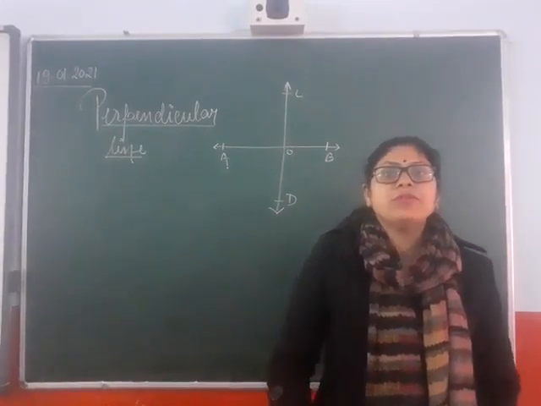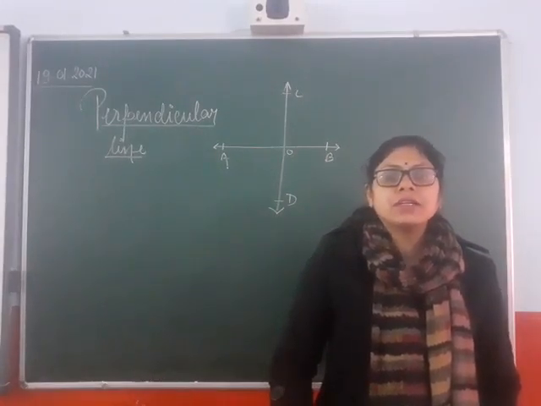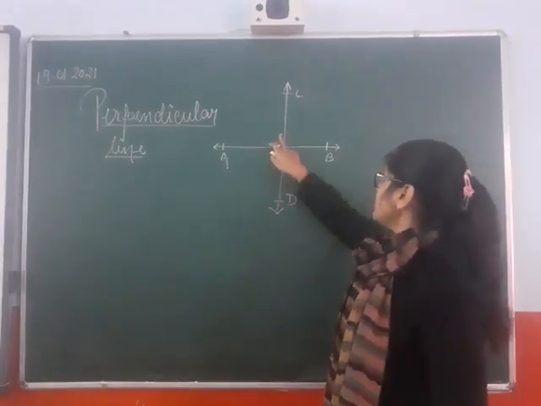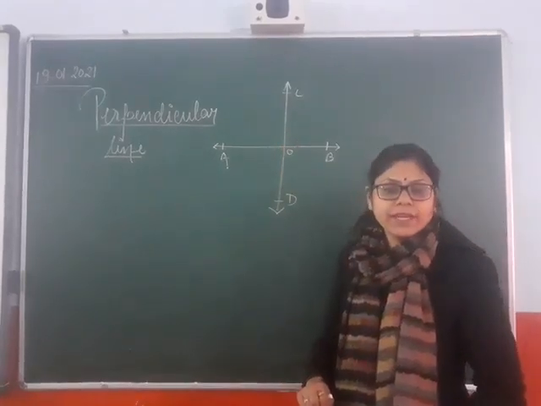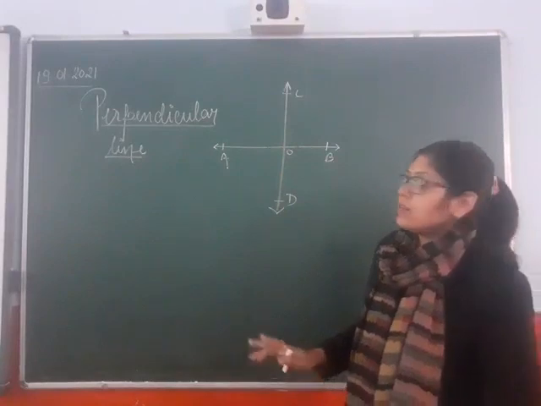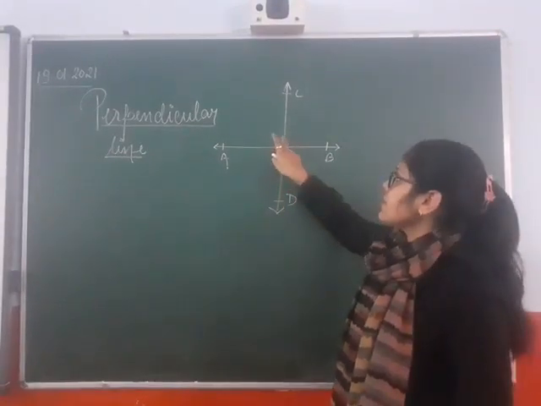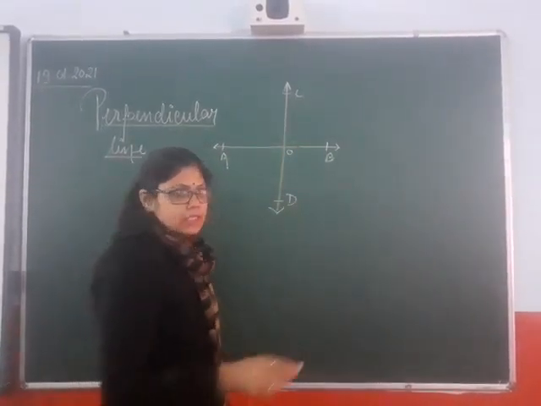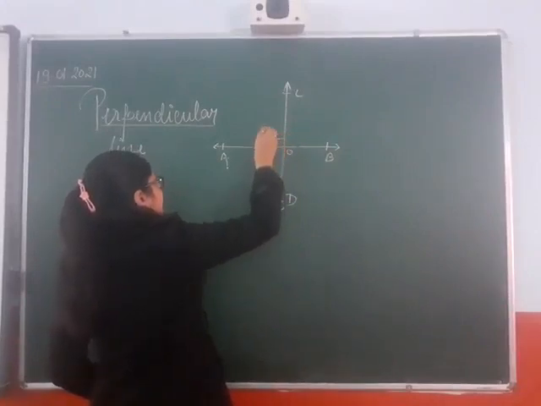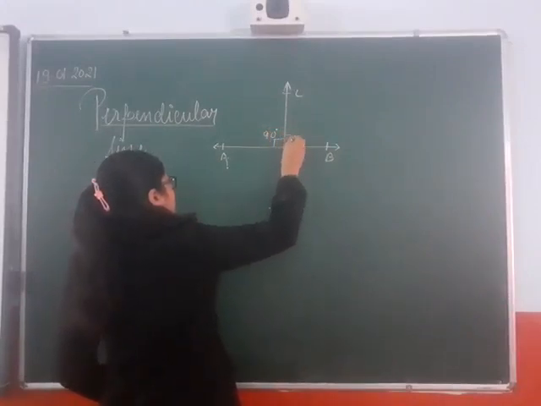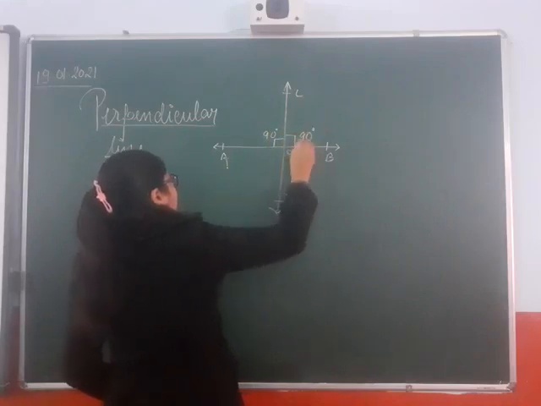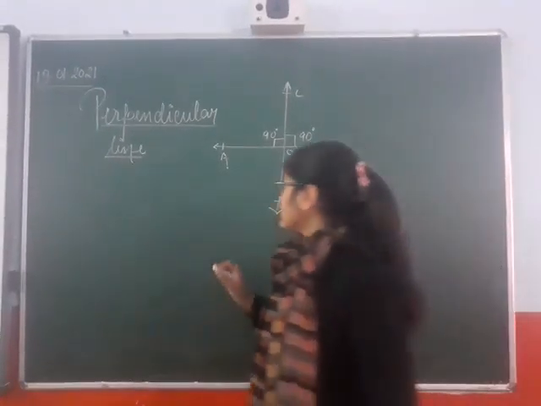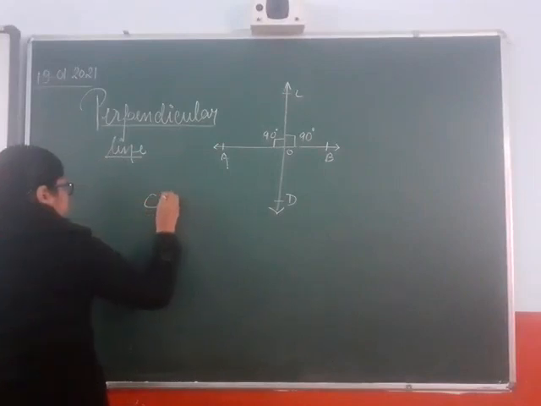Okay, as I told you before, intersection means when two lines cut each other at a point, so they are intersecting at point O. So this is the straight line, that means it will make a 180-degree angle. Now I said they stand such that they make equal angles, that means equal angle means 180 divided by 2, 90 degree. So this will be 90 degree and this will also be 90. Then these two lines will be called perpendicular lines.